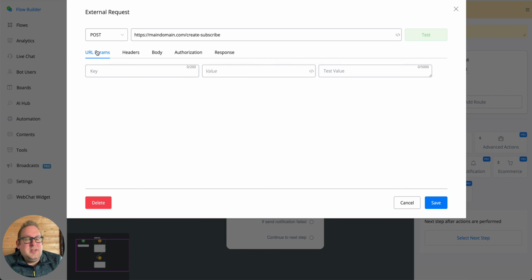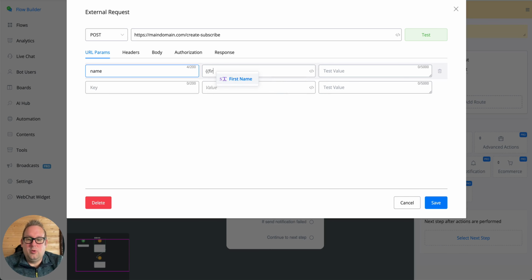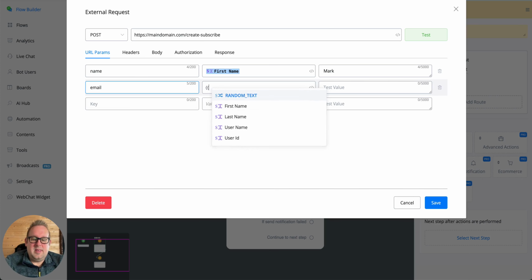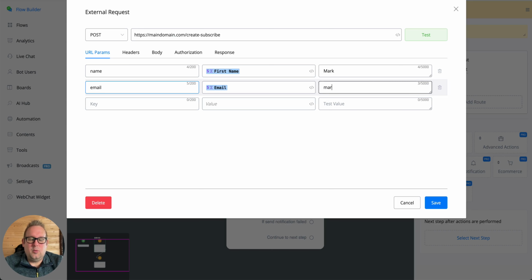You can use the tab URL parameters. So if I say name, the value will be first name, and as a test value I could, for example, say Mark. Same for email. I can say email is the parameter. Then we will go with the email as a system field, and then we could have a sample value of